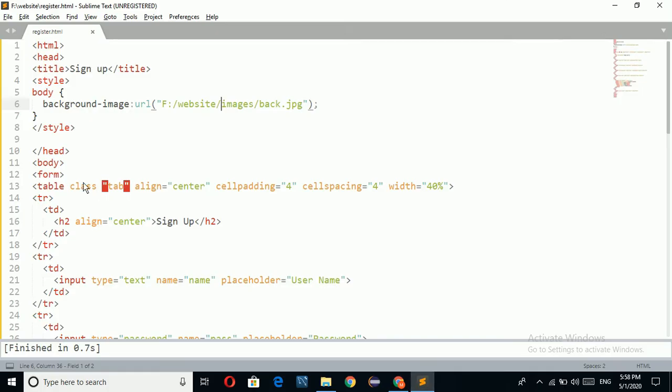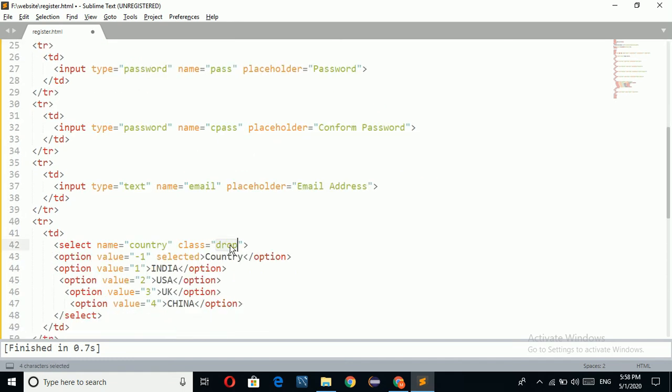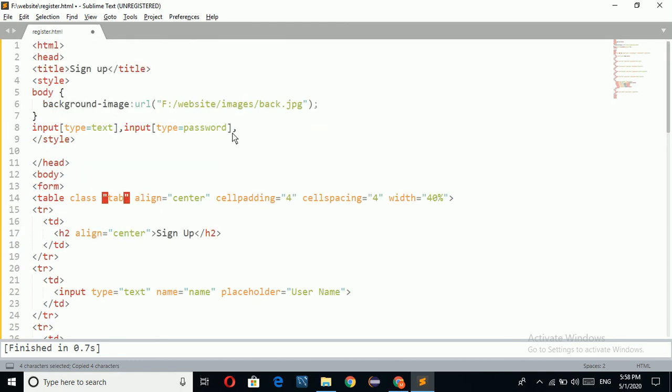Close this. Now I'm going to apply CSS for text box and password field. Input type text, comma, input type password, and the same I want to apply to this drop down also. Copy the class name here.